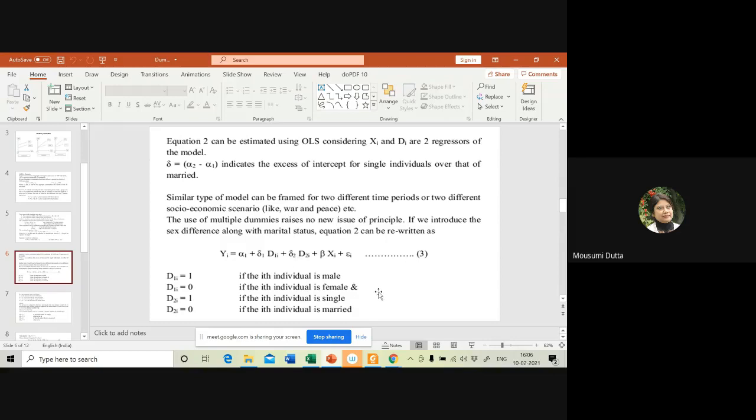Now, if I increase another variety, another dummy variable, as I mentioned, urban, rural, again, in equation 3 only, I'll be able to incorporate that. Again, if I incorporate another binary dummy variable like educated, not educated, that also I'll be able to accommodate in equation number 3. So I can go on, and I can use a single equation to indicate 16, 20, 40 regression models. So this is the specialty of the dummy variable technique.